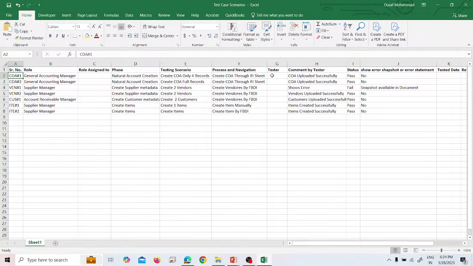So we have to see the tester name, who will be testing it. Of course it can be anyone, internally or externally. Then the comment by the tester: if it is successfully uploaded, the status will change to pass, and if any error comes up, then we have to give the link to the snapshot